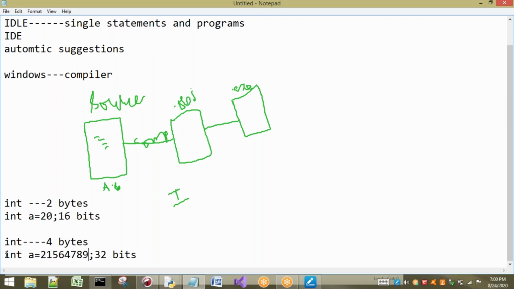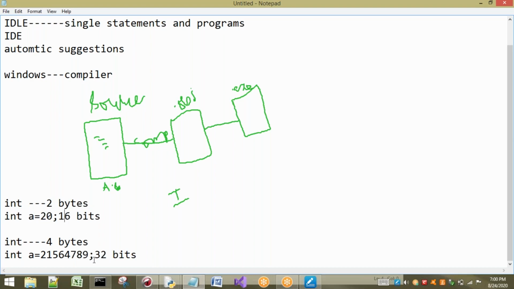Now the statement I have written is for 32 bits. If I send this same program to Windows, which has an integer size of 16 bits, what happens? This value cannot be stored in int, because the int size is only 16 bits.